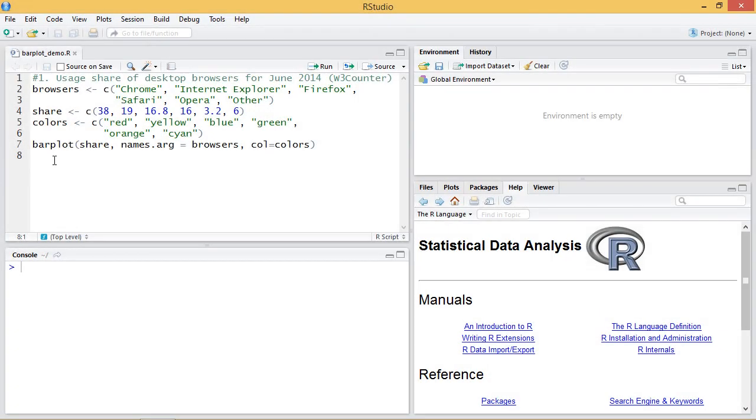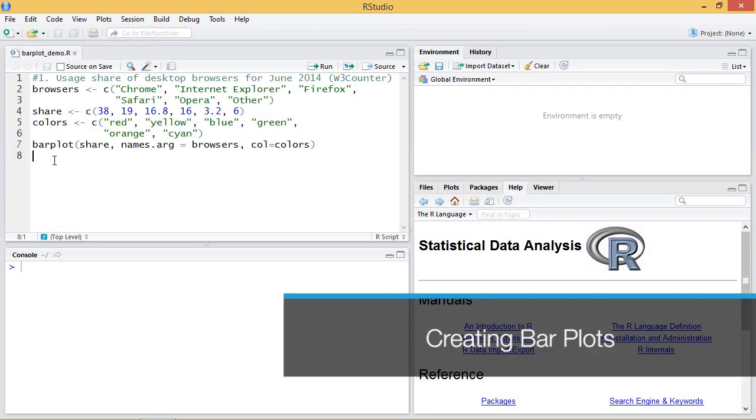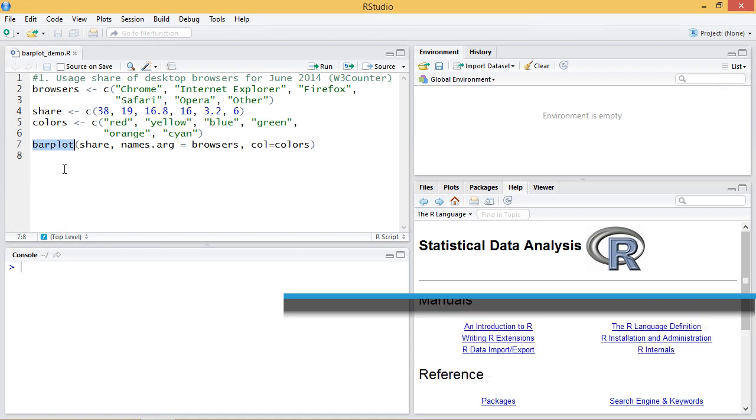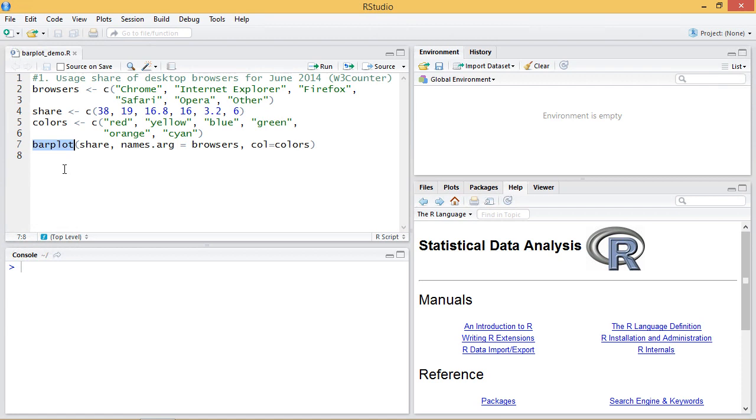To create bar plots in R, we use the conveniently named function barplot. In this video, I'll demonstrate an example to highlight some of the options available when using the barplot function. So here I'm going to use this browser data, which represents the usage share of desktop browsers for June 2014,